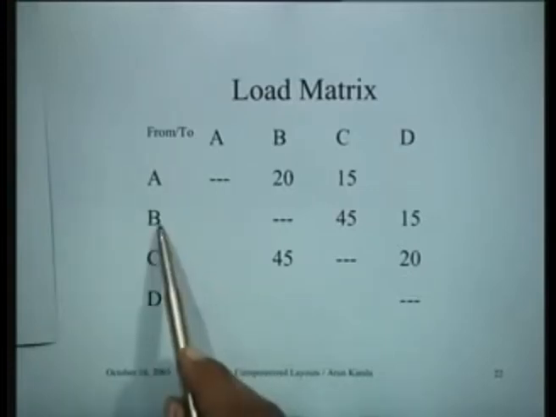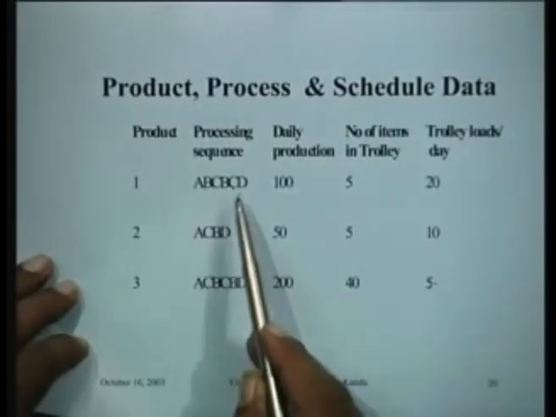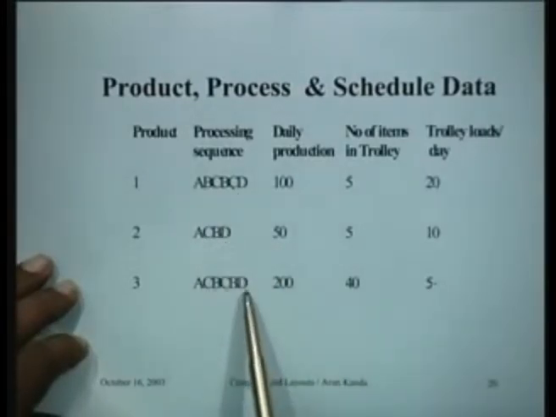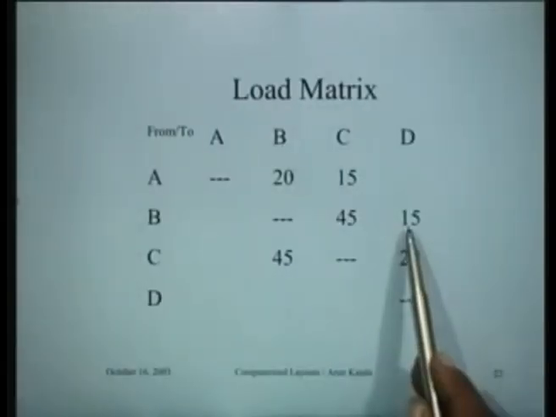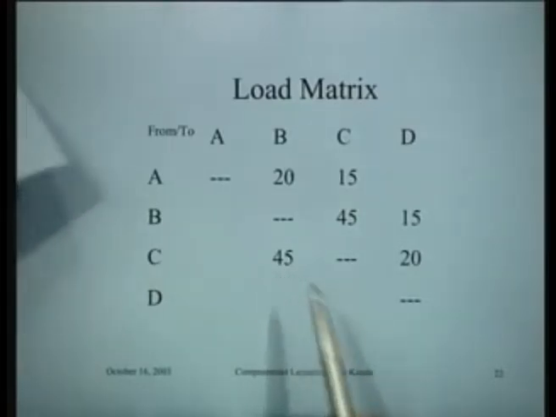Okay, and from B to D, let's look at B to D. There's no movement from B to D here. There is B to D here, and there is B to D here. The total movement is 15 trolley loads. So this is 15. The total movement from C to B, similarly, you can see